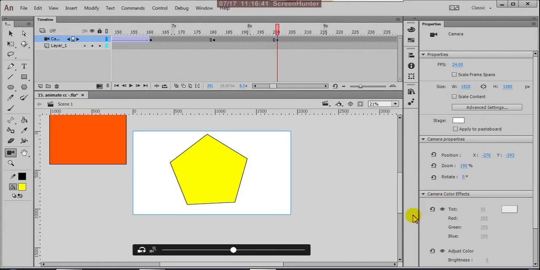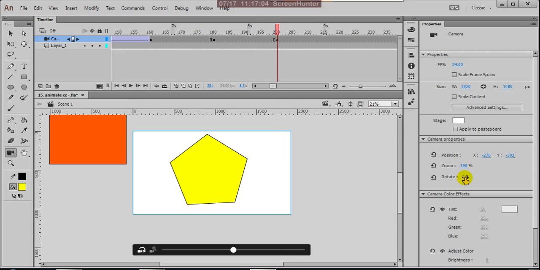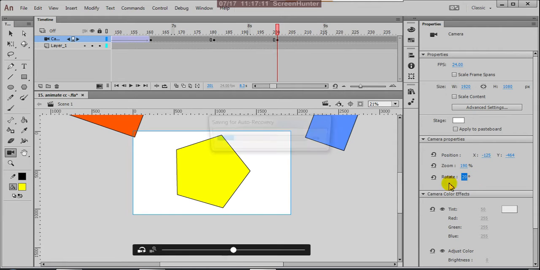If you observe, what we are giving by these bars is available here in properties. See, the camera position: when you give the value, these camera properties change. And the rotation, suppose I am giving the rotation here.